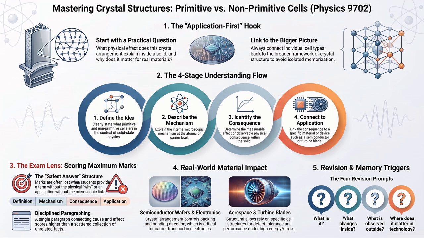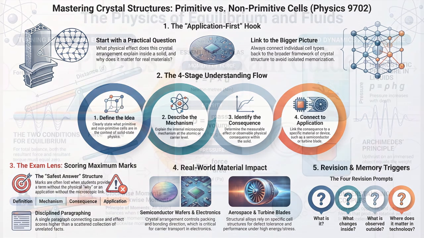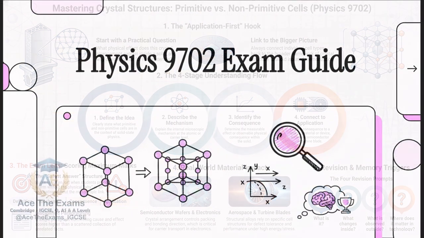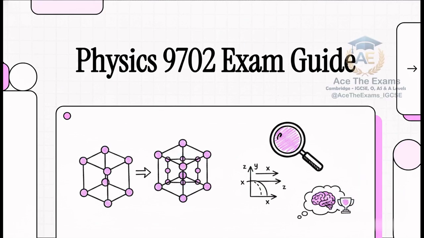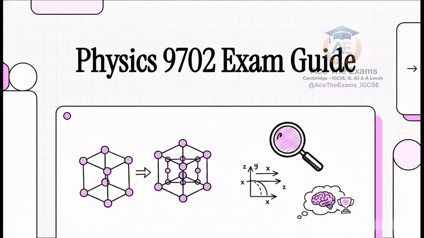Welcome to the Explainer. We're skipping the fluff today and getting right into exactly how Cambridge examiners award top marks for crystal structure questions in Physics 9702. We're going to deconstruct the exact strategy you need to conquer primitive and non-primitive cells. This is all about moving completely away from just memorizing definitions and actually understanding the internal physics that examiners are